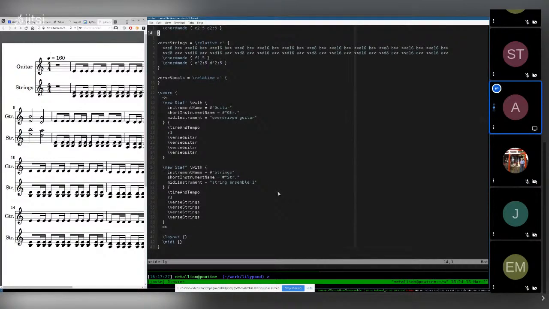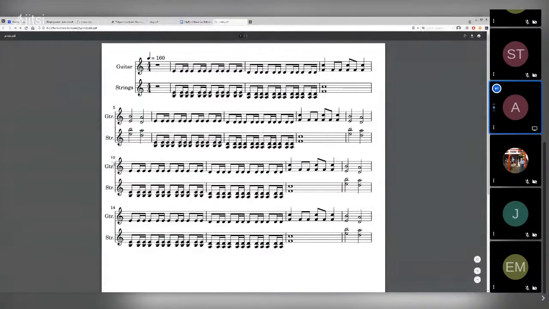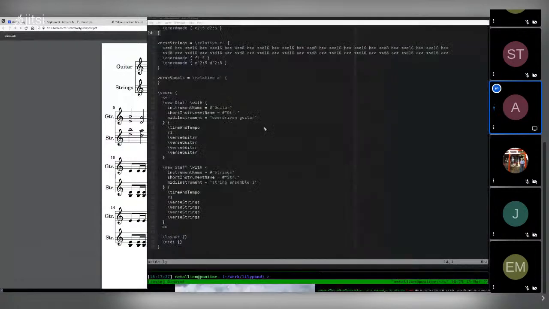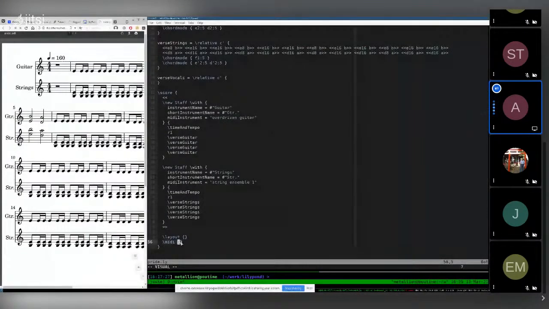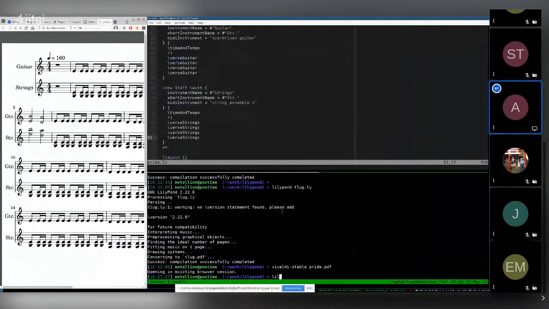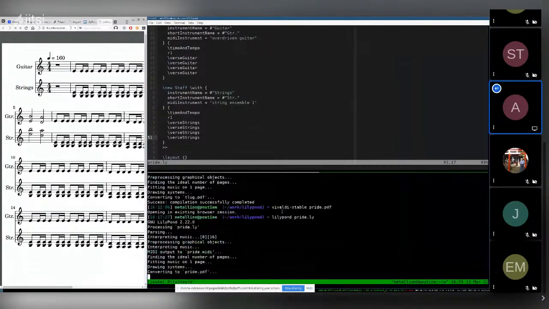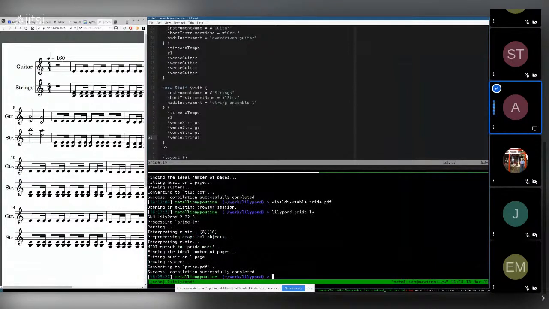And then the final thing I want to mention, compiling music to PDF is really nice and all. But sometimes you also want to listen to what you've written. And that's what this line over here is for. So if I compile this, let's resize my terminal a little. Lilypond and bright.cy. So this compiles to PDF, but also to a MIDI file.